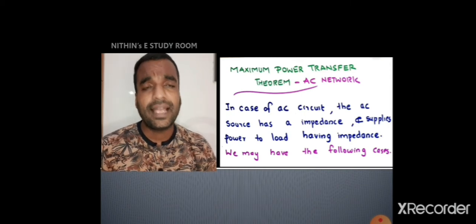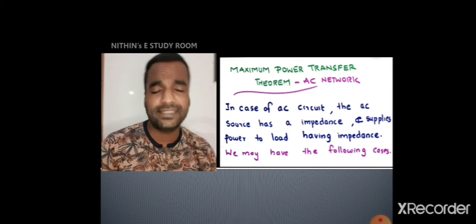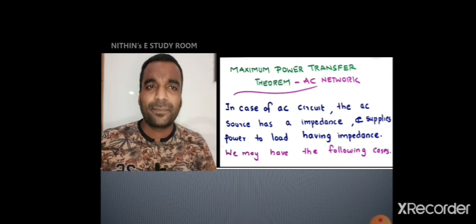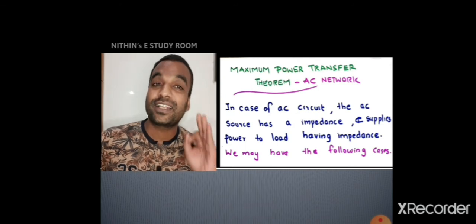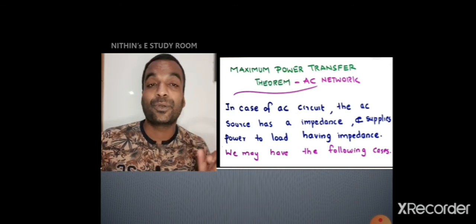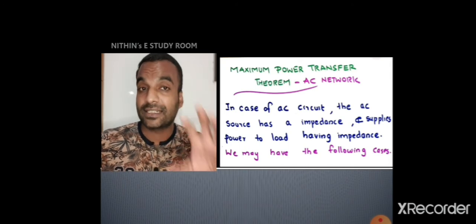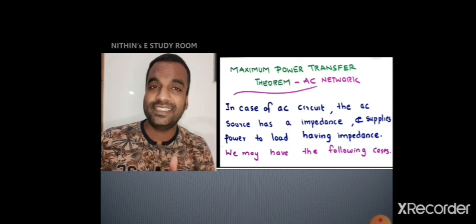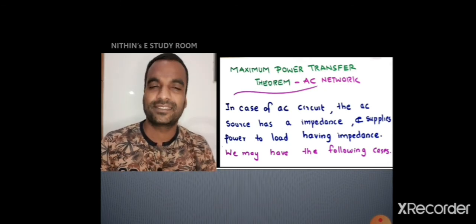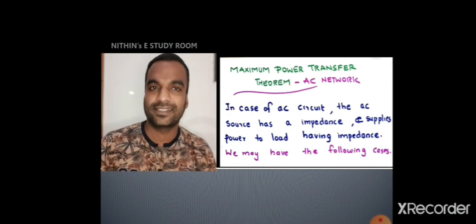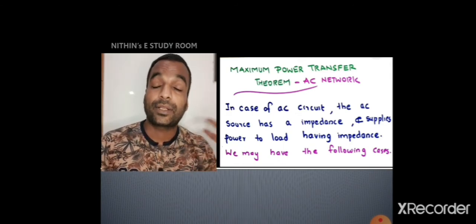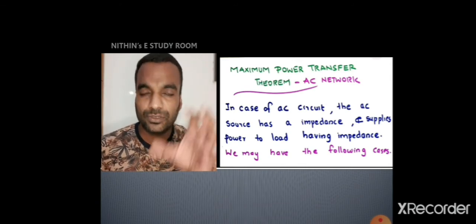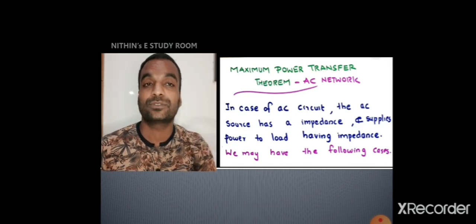So, in case of a DC circuit, if you are reducing the entire network, you will get R Thevenin. But in case of an AC circuit, you are not going to get R Thevenin. You will get Z Thevenin, because in a DC circuit the one and only component was the resistor. But in AC, there is resistance, inductance, capacitance, so resistance and reactance are there. So Thevenin resistance is not valid in case of AC.